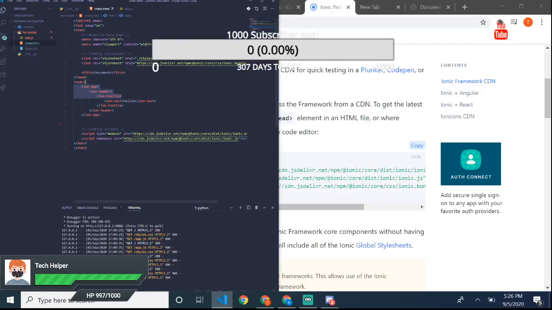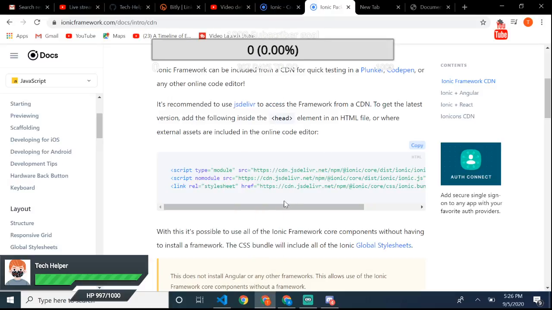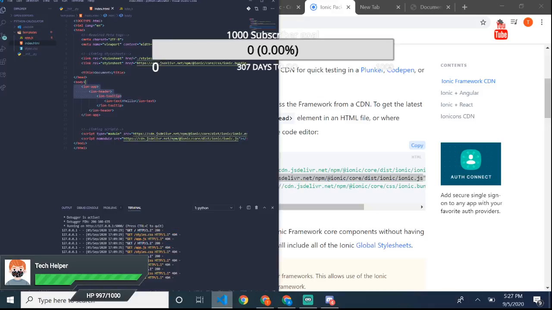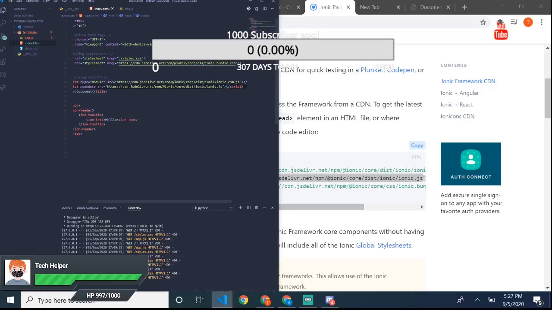So if we put the link somewhere, if the link works, you will see that the CSS here is, you can see that the access to CDN can get delayed. The following external assets are included in the code editor. So they require us to put this in the head. But make sure if you're putting scripts in the head, they take a really long time, because what happens